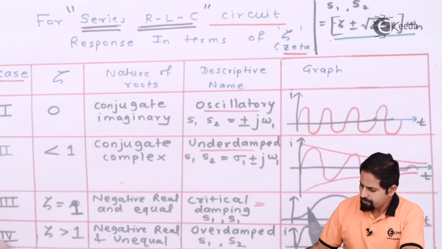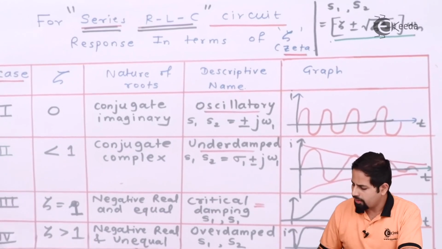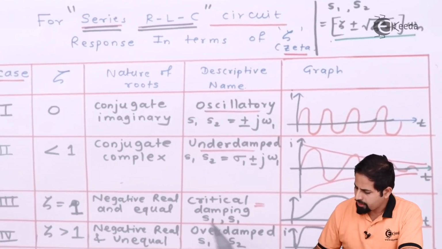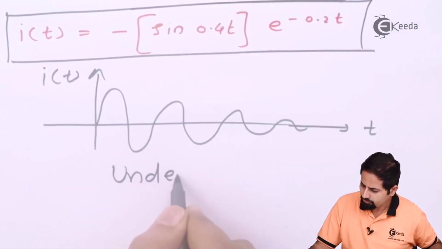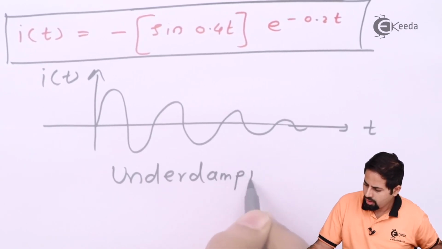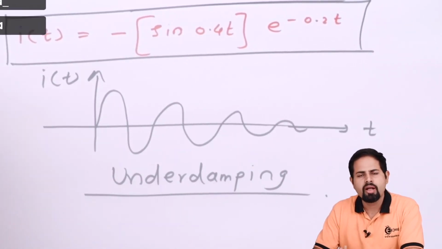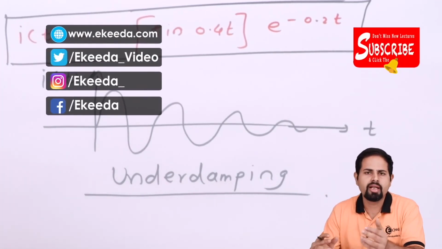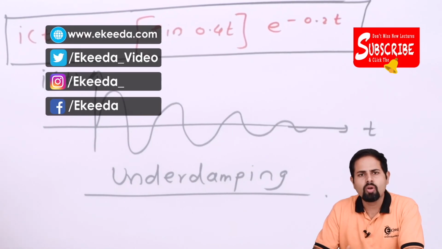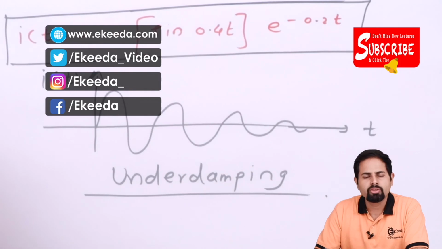We have done these cases. Case 1, I think it was negative, real and unequal, and that was overdamping. Case 2 was critical damping, and case 3 is the underdamping case. So if you see all the 3 cases and study them, you will come to know that all 3 cases we have studied properly with their required mathematics. So this is a very big problem. A problem that had 3 problems in it, which we have solved.